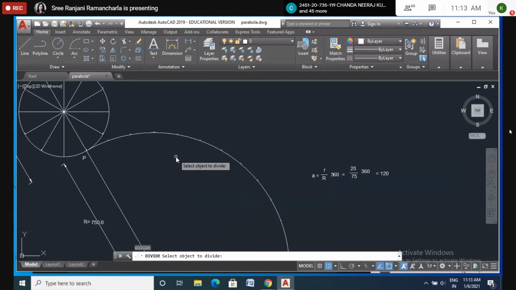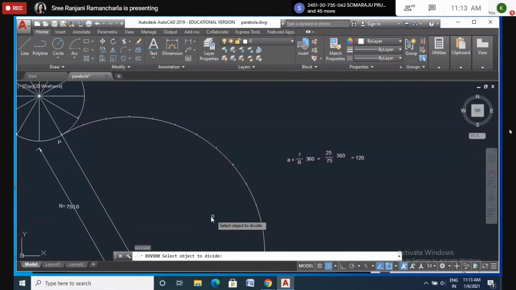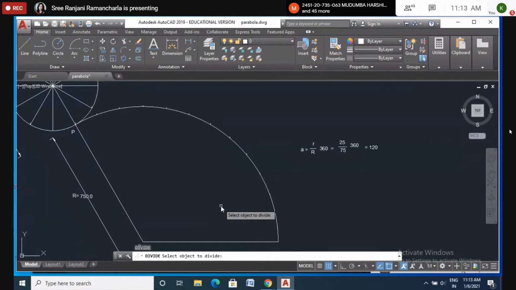Listen all of you please clearly. First you have to make 3 equal parts, not 2 equal parts. So how will you make 3 equal parts? This method is not there. So you have to do it by trial and error method. You take approximately one part of this circle with compass and cut it somewhere here. Then with the same radius from this as center, cut it somewhere here.